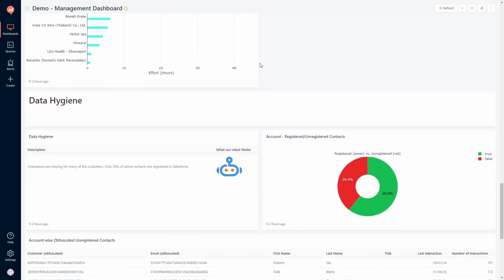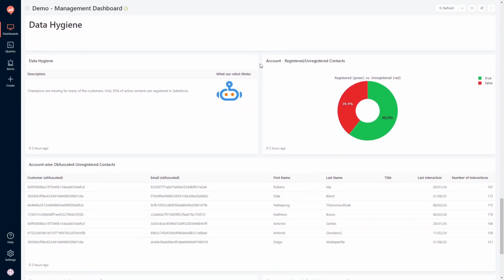2 other scopes which are related to contacts are being used in, for instance, this kind of analysis. Here we demonstrate a short list of contacts which are not registered within the CRM of the organization, of the customer that we're working with. So we obfuscated here the name of the customer to which the contact is belonging, email of the contact, but we do show here in this demo first and last name of the actual contacts that are not registered in